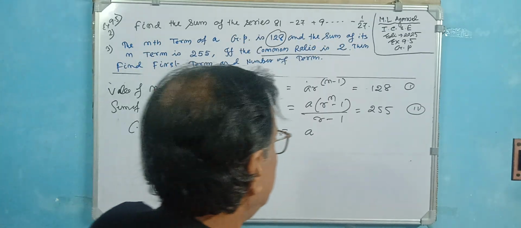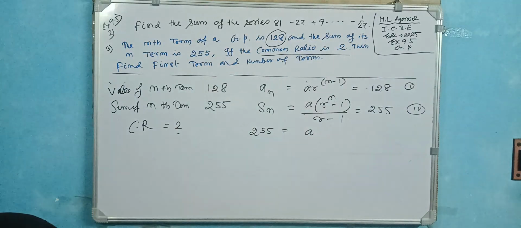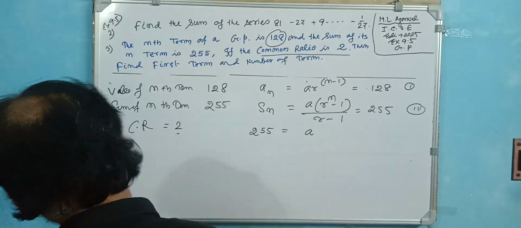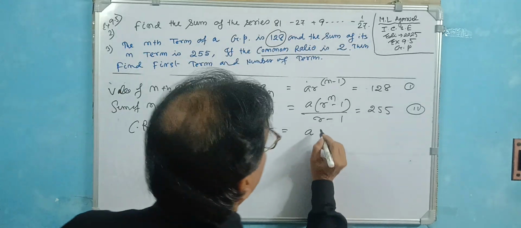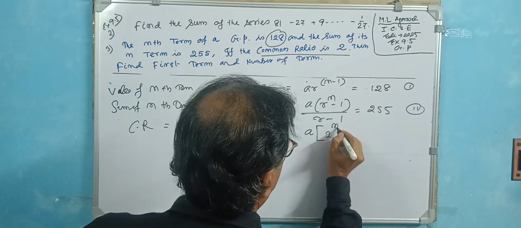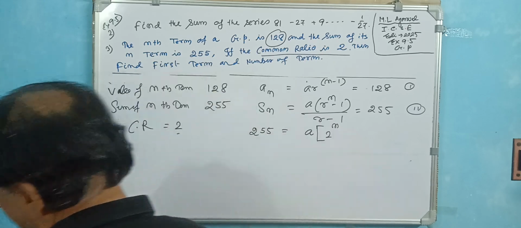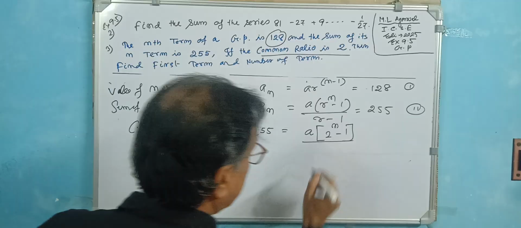This is given. So if you don't know the value of a, find out the value of a. Here you know the value of r, 2. 2 to the power n, 2 to the power n minus 1 by